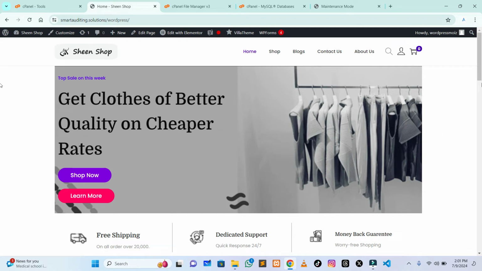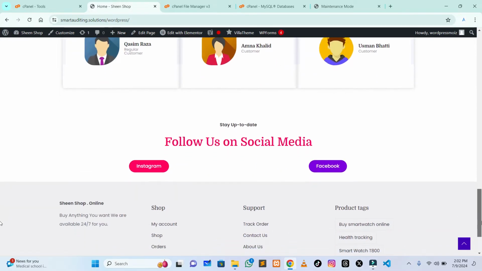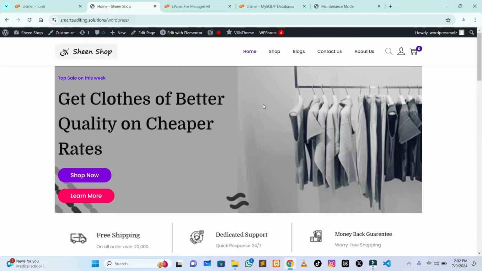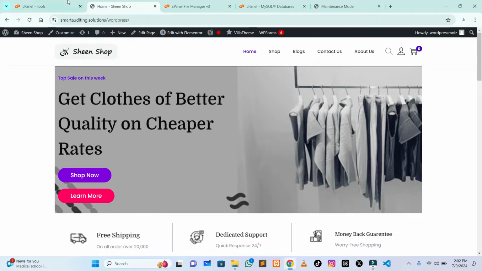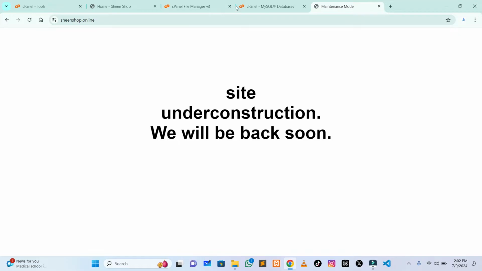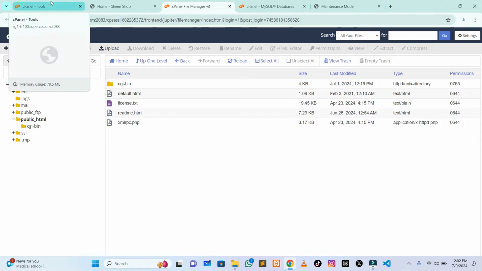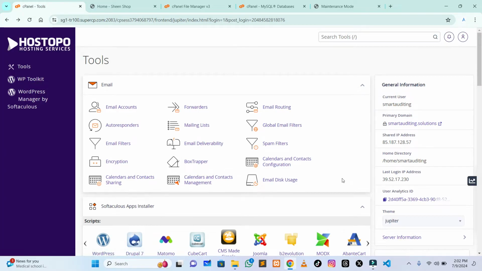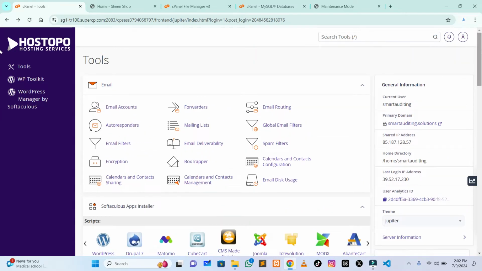In this video, I will show you how you can transfer your WordPress site from one hosting to another hosting. So this is the first hosting, which is actually a WordPress folder, as you can see over here. So this is the cPanel of this website, and this is the cPanel of this website. This website does not have any file, as you can see. This is a brand new website, and if we go to the cPanel of the first website, you can see,